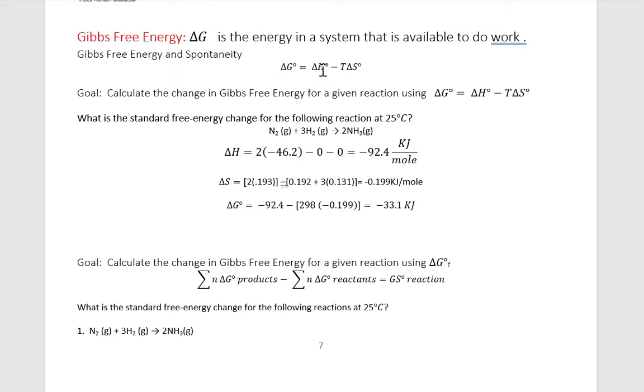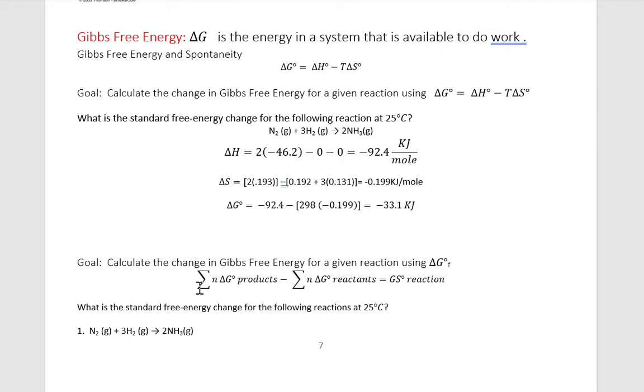One is just by calculating the delta H of a reaction and then calculating the delta S of a reaction at a certain temperature, and the delta H minus the temperature times the change in entropy will give me the change in Gibbs free energy. Or the other way to do it is to use the same table just with our Gibbs free energy values in them, and we use the same reaction that we would have,